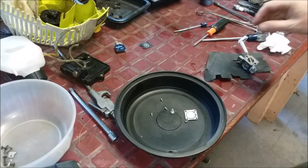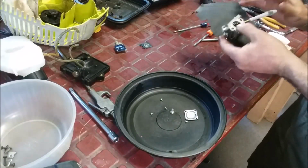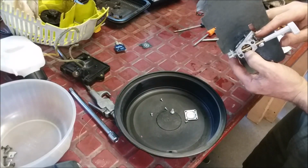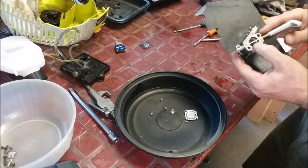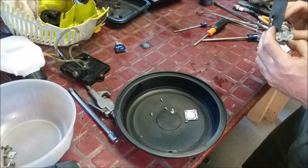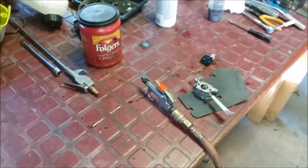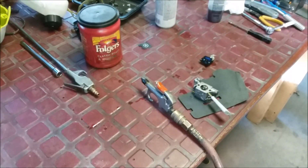All right. I'm going to pull out the screws here. I'm going to find the correct part for that. I'm going to clean this up a little bit. All right, I'll be back in a minute. All right, it's looking real good. All right, I cleaned off